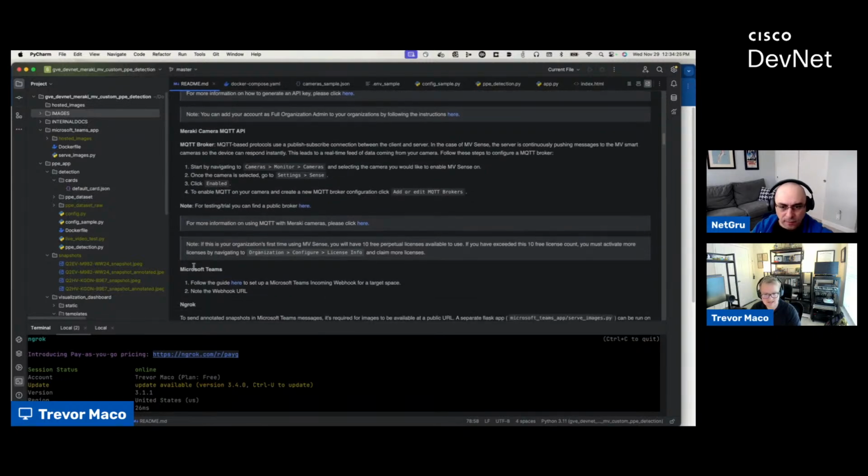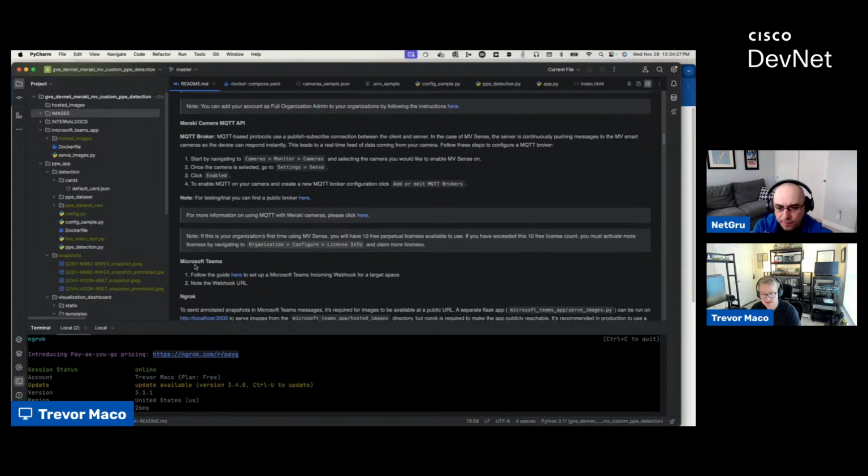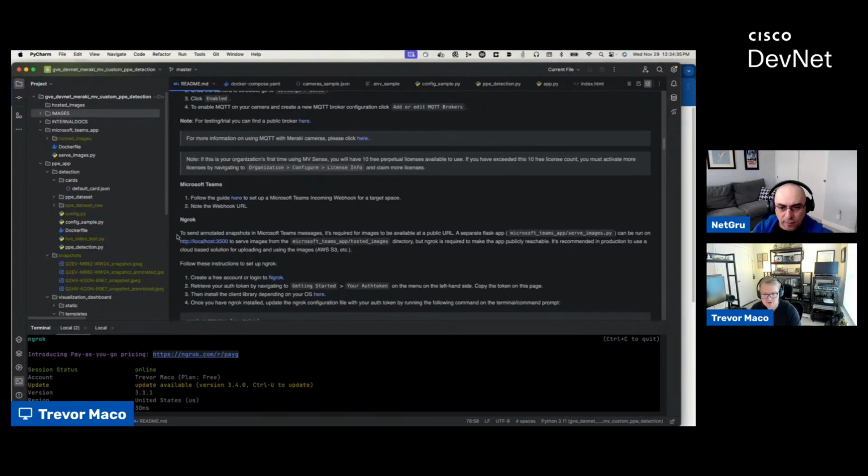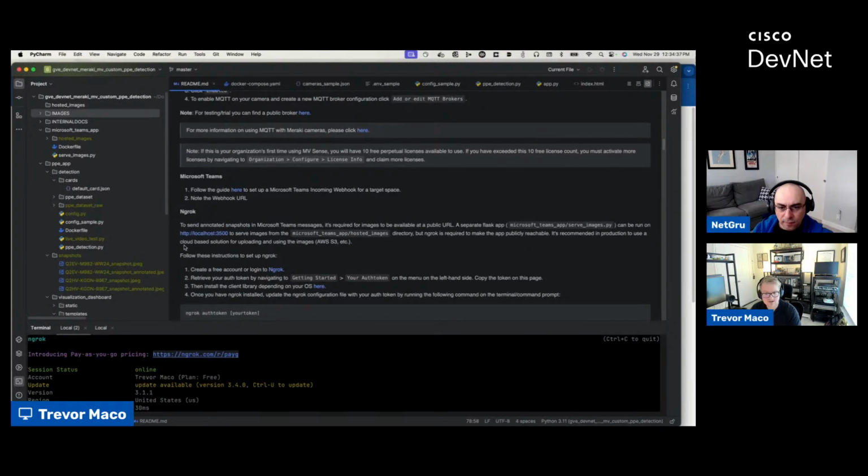There's also Microsoft Teams. You can use your personal Teams instance, or there are developer instances. I was using a developer instance that I could get for free. And then I also used ngrok in this particular example, because for serving up those images, as I was saying before, they needed to be publicly reachable images. The proper way would be to use something like S3, or a cloud bucket resource that actually has